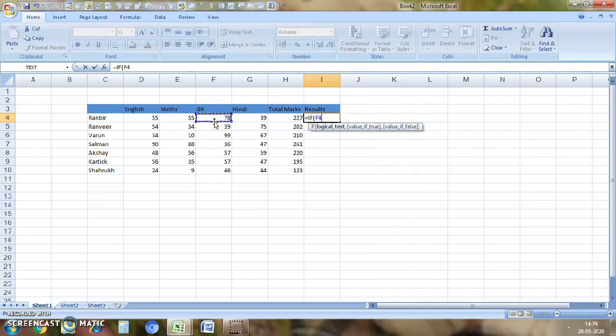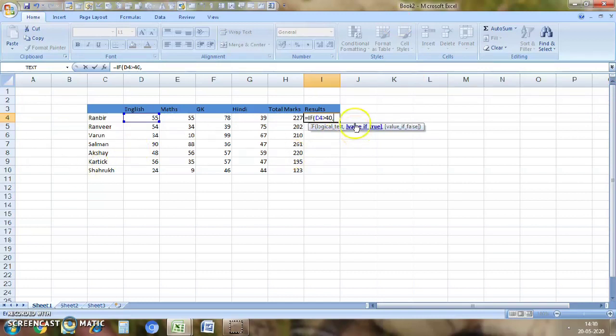I'll use this for the example. The logical test will be that English marks should be greater than 40. Okay, 40, and then we have to do a comma, then value if true.